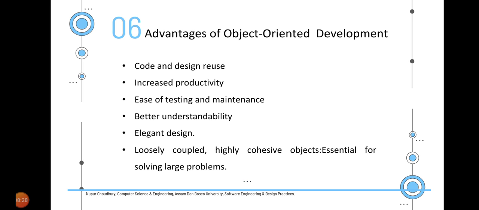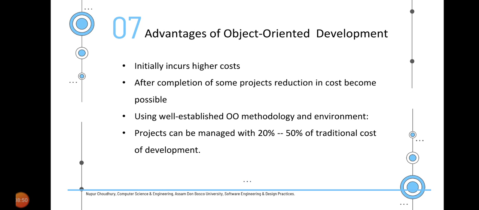Better understandability, because there are various relationships existing between them, so it gives a better view of the entire system. It has an elegant design, and most importantly, they are loosely coupled and highly cohesive in nature, which is very essential for solving large problems. Moreover, initially the object oriented development might look a little expensive or might incur higher cost, but after completion of some projects,